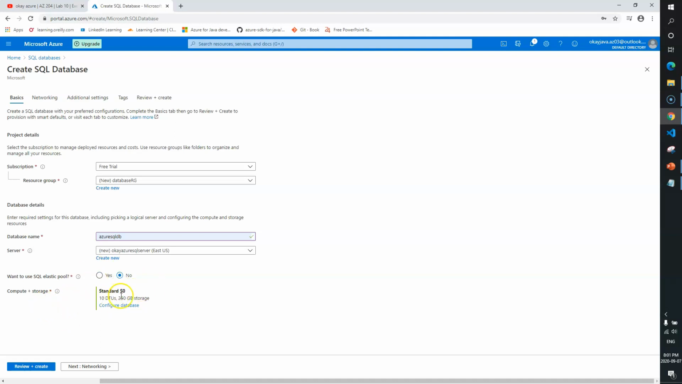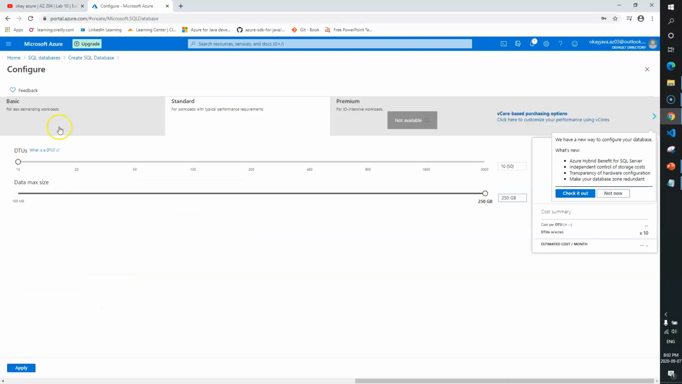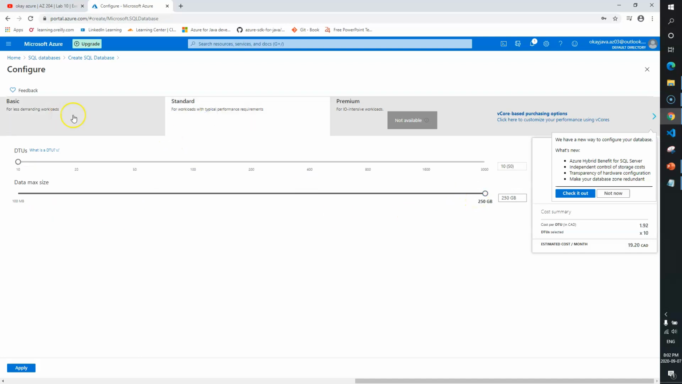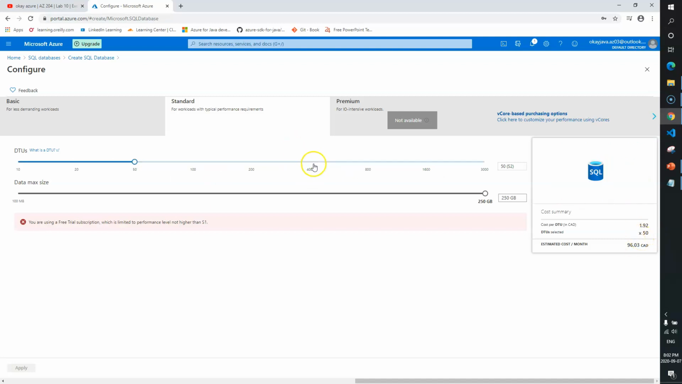Now, here you need to choose your plan. If I click on configure, there are three options available. One is the basic one, where I can use a maximum of 2 GB. If I go to the next plan, which is standard, I have more: the data transfer units are 3000, and the maximum data size is 250 GB. I can increase it, and accordingly you will see that the price will be